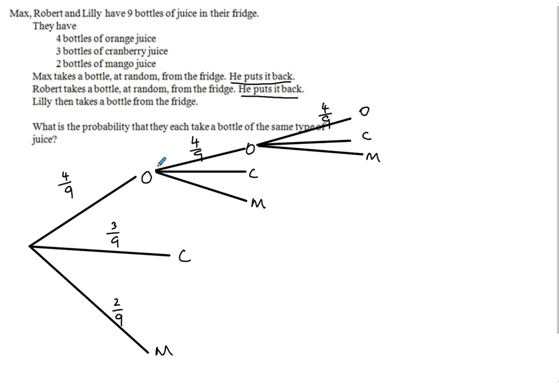So by writing that, can you see I'd just be picking up that one. Yep, because if they're going to take a bottle of the same type, it's only going to be OOO, because once I start off with this branch, you can tell they're not going to be the same, or I can't have OOC or OOM, so I'm just picking that one there. Yeah, and can you tell again, the probabilities are staying exactly the same because they're being replaced. Yeah, so all I'm doing is going 4 9ths times 4 9ths times 4 9ths,